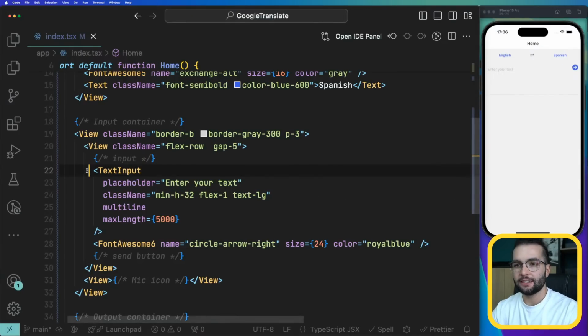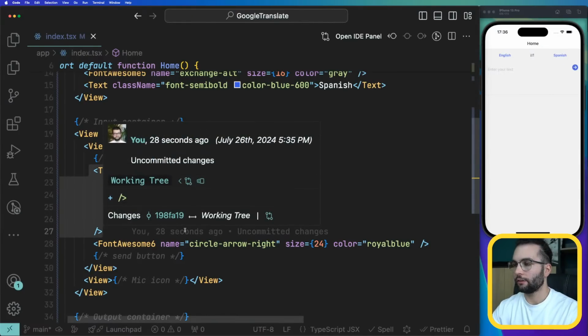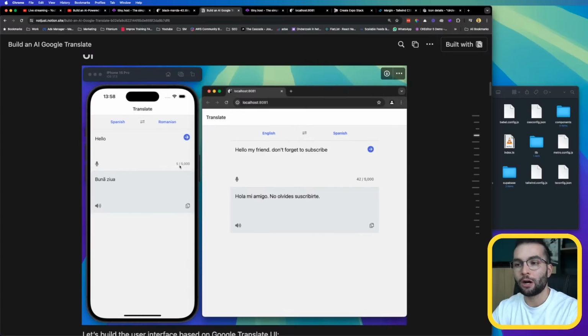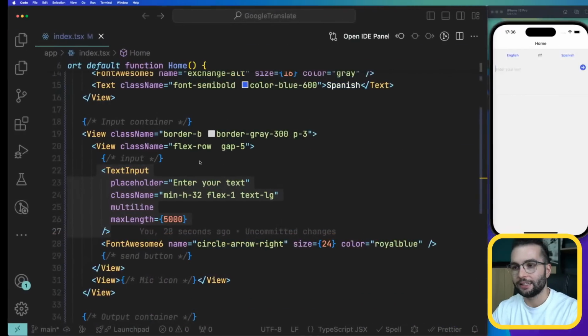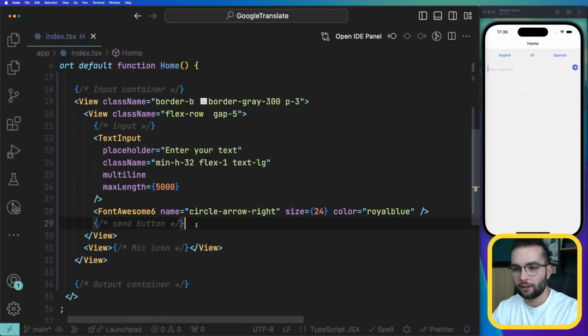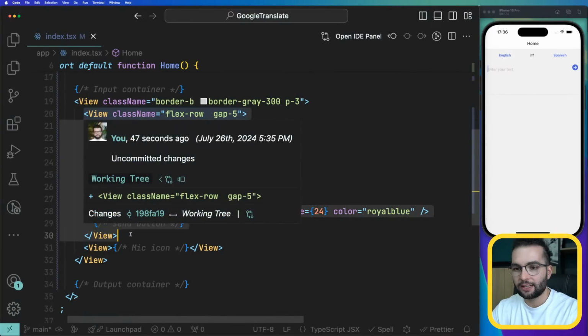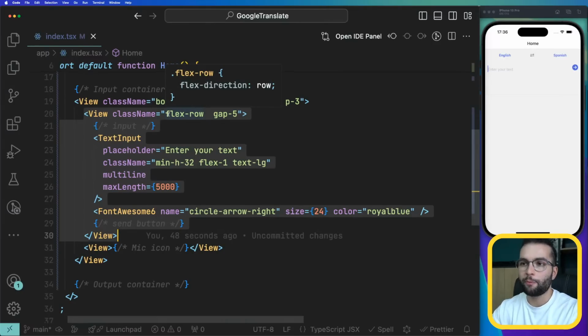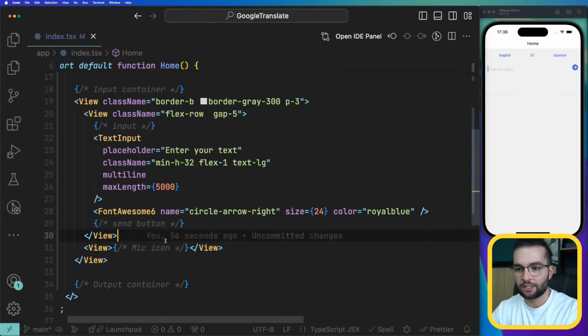Okay, so that is our text input. That's the first part of our input container. Now below it, we're going to have a microphone, and on the right, the amount of characters. Let's go ahead and do that. We need to do it outside this view. So this is our top part of the input container, and outside this view,